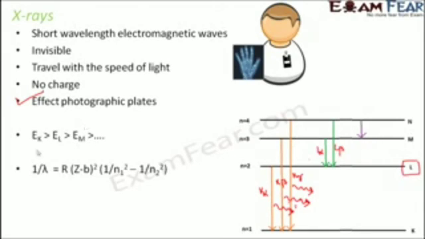And how do you calculate the characteristic wavelength? So the formula is again similar to the empirical formula of the hydrogen spectrum. It is 1 by lambda is equal to R (Z minus b) whole square, times (1 by n1 square minus 1 by n2 square), if the transition is taking place from n2 to n1. So here b is a constant, and that is why